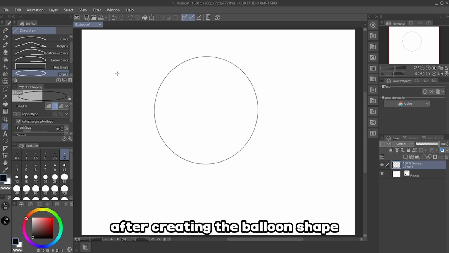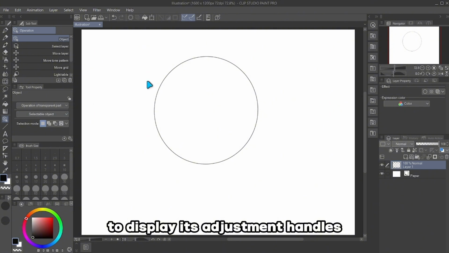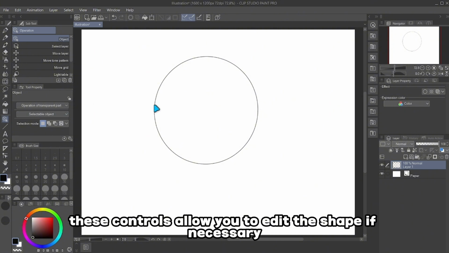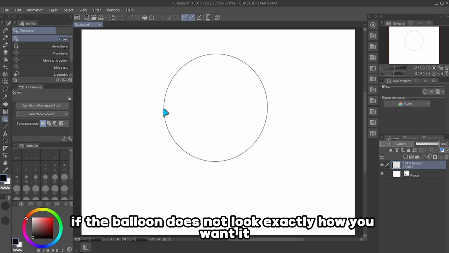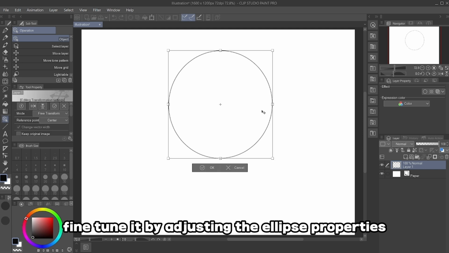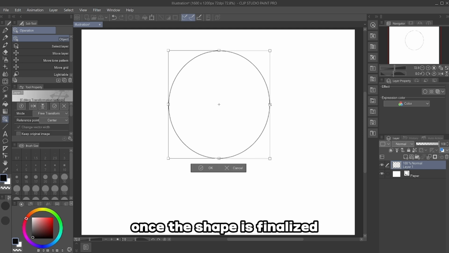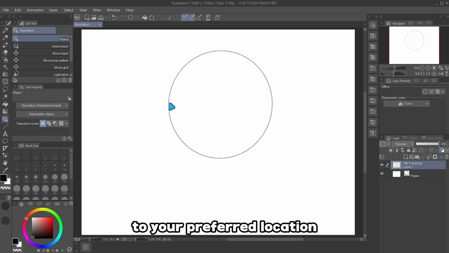After creating the balloon shape, select the Object tool and click on the ellipse to display its adjustment handles. These controls allow you to edit the shape if necessary. If the balloon does not look exactly how you want it, fine-tune it by adjusting the ellipse properties in the Tool Property panel. Once the shape is finalized, use the Object tool to move the balloon to your preferred location